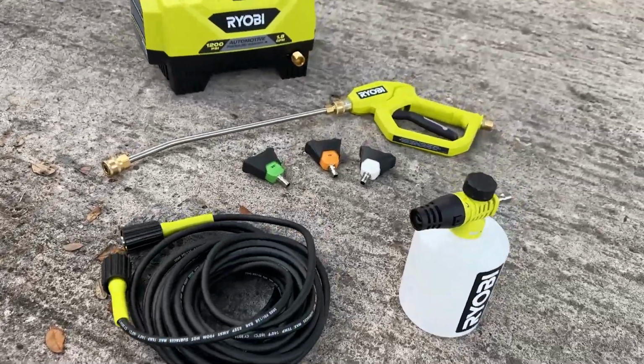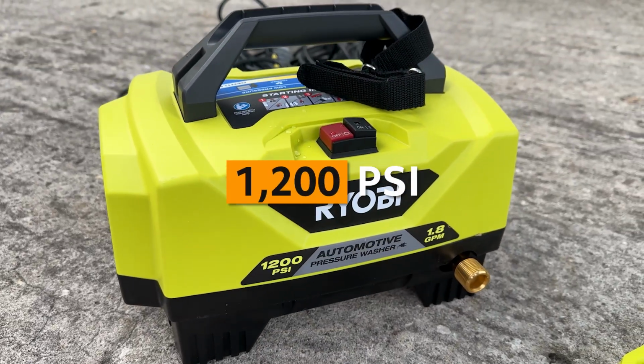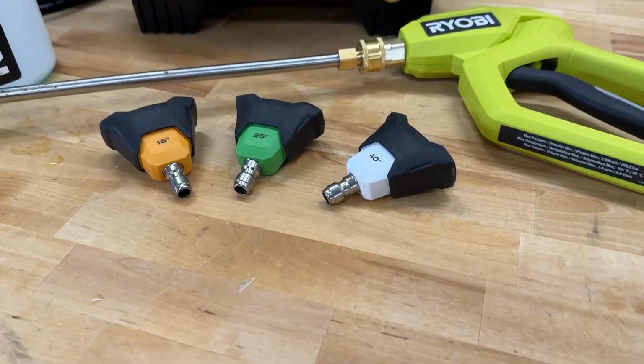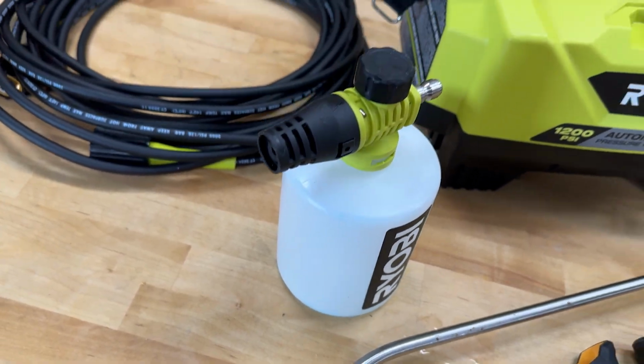This corded electric unit delivers 1.8 gallons per minute at 1200 PSI. A rare combo that's gentle on your paint, but relentless on dirt. That high flow rinses away grime faster than most light duty pressure washers, and the low PSI keeps trims, emblems,